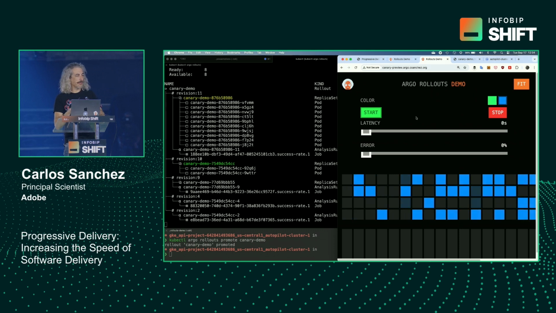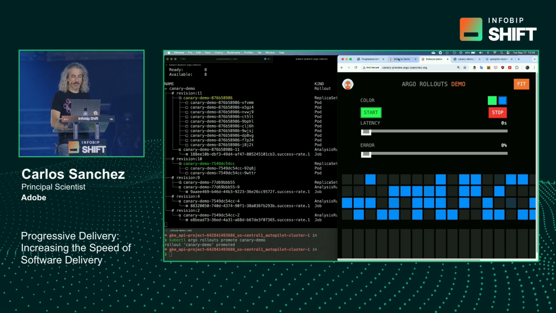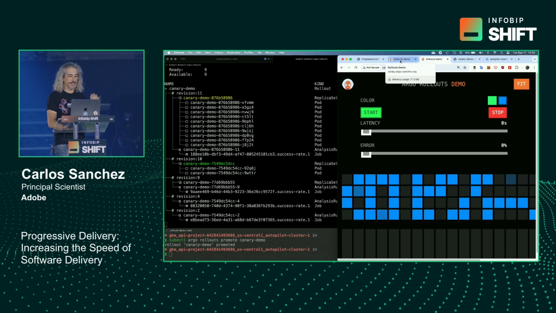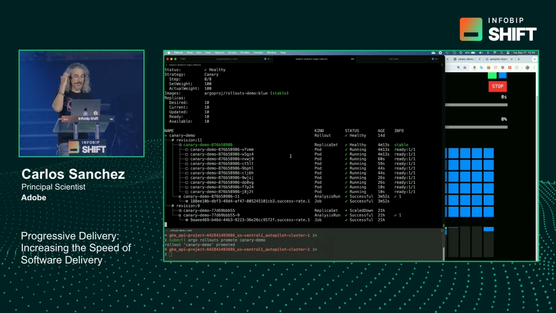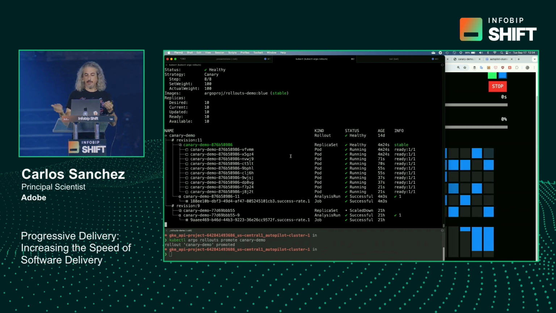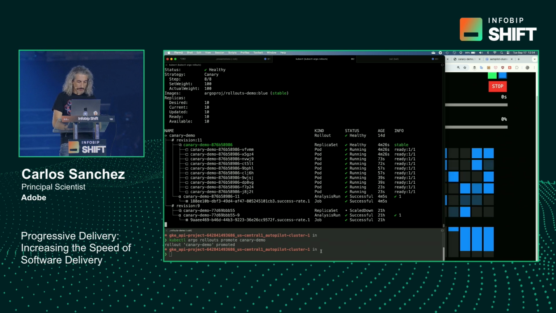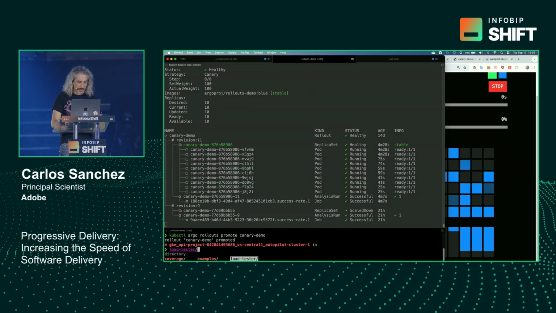So I could look at that before saying a promote, or if I wanted to see this internally for whatever reason. OK, now the Canary has finished, and it says everything is fine. And the Canary became a stable version, and I'm back to where I was before. I have something stable running, and it's all blue now. What happens if I do